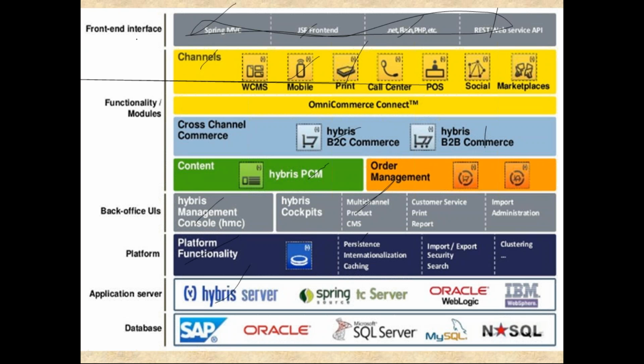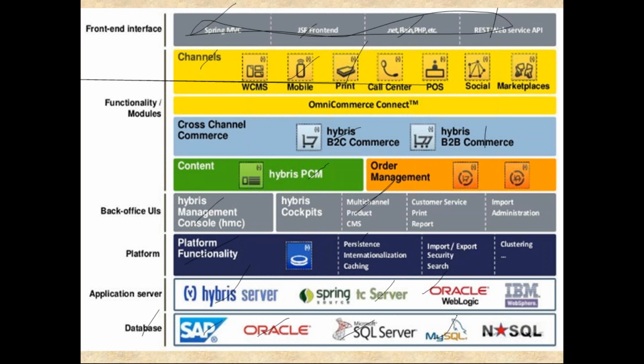It has a UI layer, a functional layer, a back office, platforms, and servers. If you don't want a Hybris server, you can very well use an Oracle server or an IBM server, whatever it may be. Then finally it can talk to the databases. Hybris SQLs are there. If you don't want to use that, then you can use Oracle SQLs, or you can connect to SAP. You can go to MySQL, all these things. This is how the overall Hybris architecture looks.